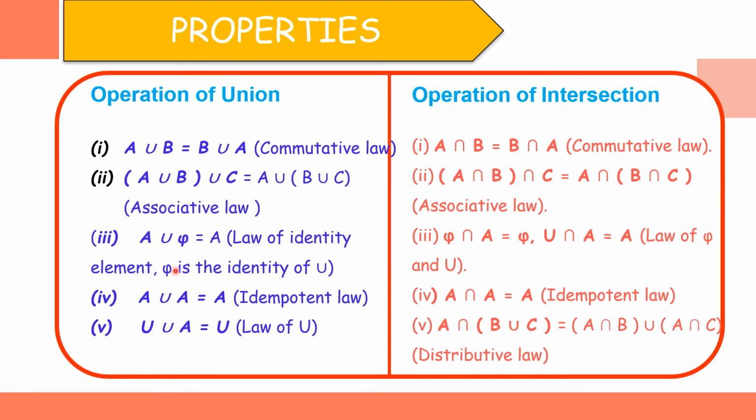Okay, identity element. Similarly, A union A, both are the same set. If I unite, I will again end up with A. We will call this property the idempotent law. It will just end up with this uniqueness. Idempotent means it will not change its identity. So that is this property: A union A is equal to A.